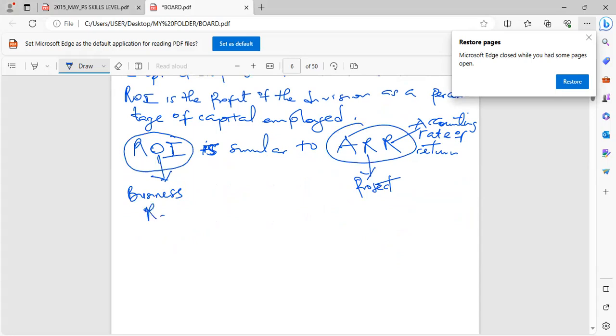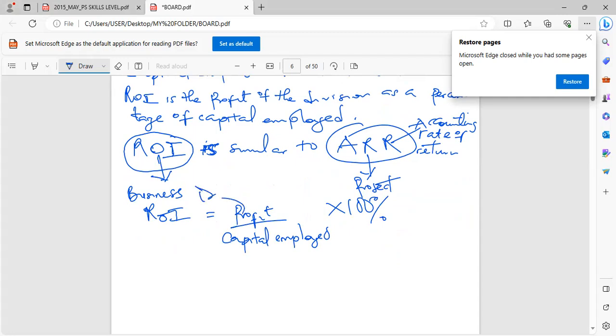So we can say that the ROI, return on investment or capital employed, is equal to profit all over capital employed times 100%. If it's relating to a division, maybe they say calculate the return on investment of a division, we can say that divisional profits all over the division's capital employed times 100%. And know that this capital employed is your net asset,